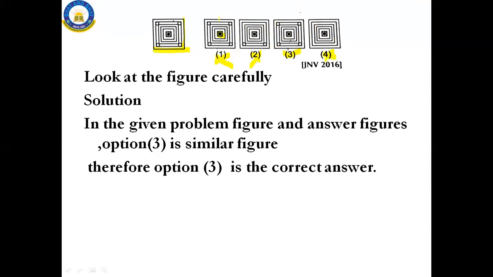Now you may have a doubt, confusion between option 1 and option 3, isn't it? Now look at the options there. In the first option, the inner design is shaded dark. Can you see here? It is shaded dark. But in option 3, it looks the same as the problem figure. This is what the option is there.